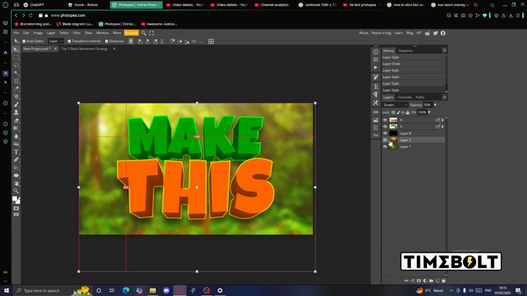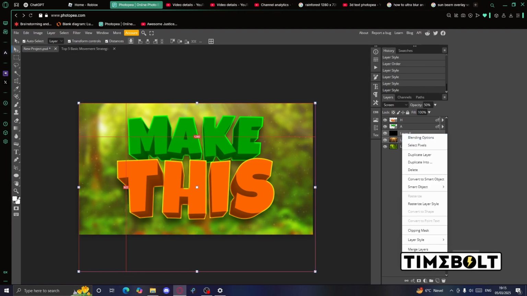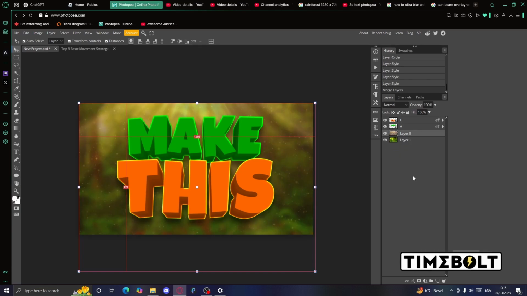Once you've decided whether both of your overlays are above or under the text, and you've changed the opacity of both of them to how you want them to look, one last thing I like to do for the cherry on top is select both of these, right click, and merge the layers together. Once you merge them, it might look something like this. Don't worry, we can fix that.